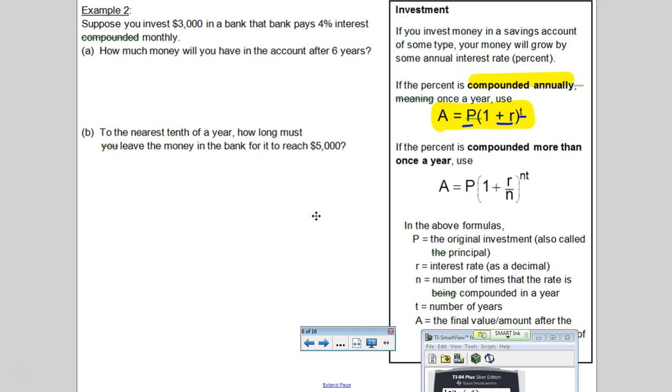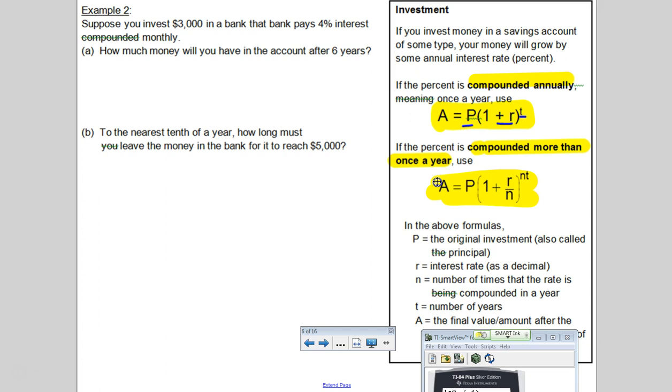The more times you get compounded, remember, if I grow even a little bit in month one, I'm going to apply a new rate, or I'm going to have more money, so when I apply it the second time, it's going to be on more money. So it's actually going to give you a few, not a lot, depending on how much money, it's going to give you a few more cents every month, which is going to grow, and over the course of 10 years, it's going to be a lot more money than compounded annually. So this is if you compound more than once a year, like monthly,